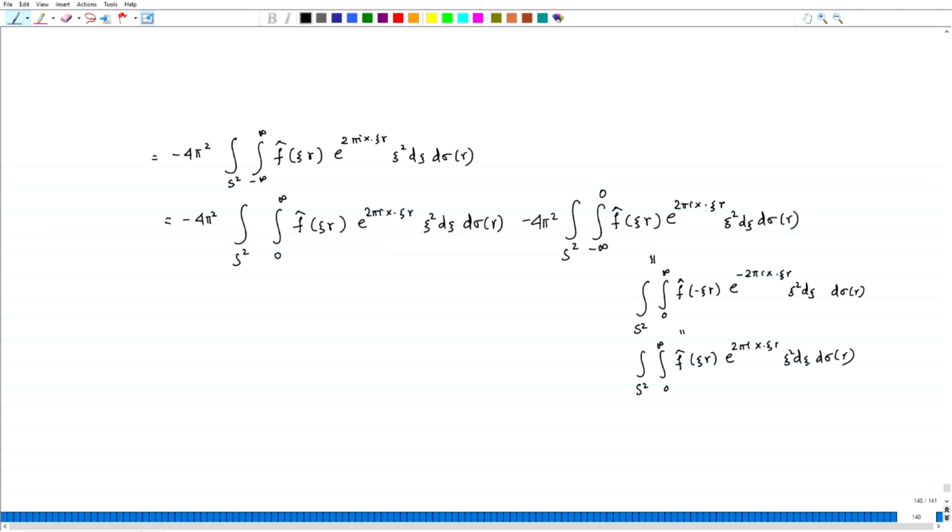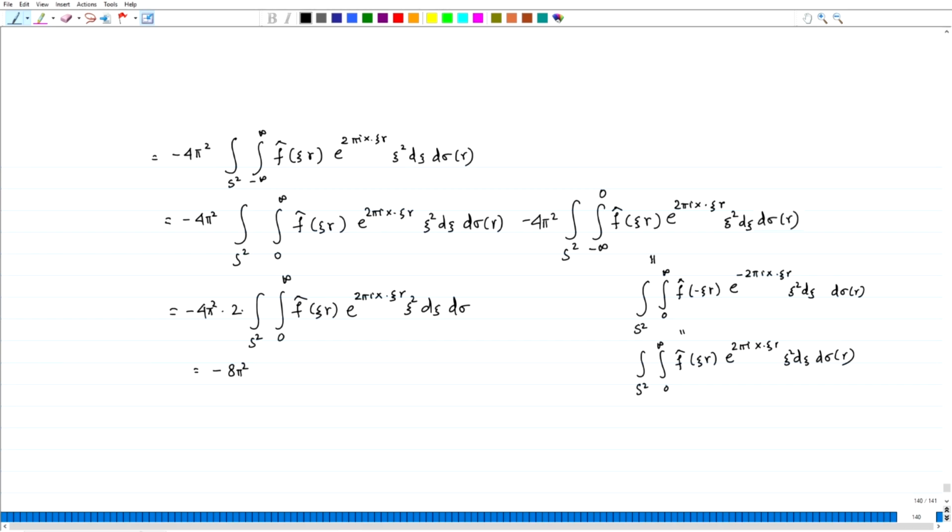Now, with this observation, we can write this as minus 4 pi square into 2 times the integral over S^2 of the integral from 0 to infinity of f hat of xi gamma e to the power 2 pi i x dot xi gamma xi square d xi d sigma, which is equal to minus 8 pi square,